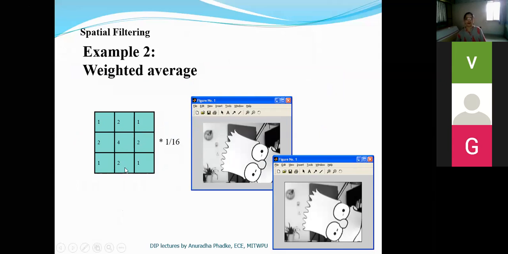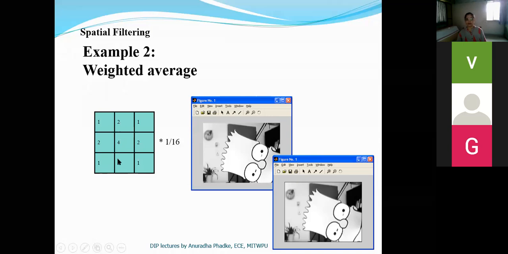Now, this is one example of a weighted average filter. Here we have assigned maximum weight to the central pixel, because we have to determine the new value of the central pixel.